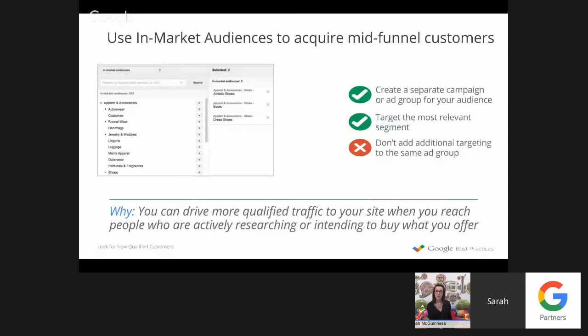Next, we've got in-market audiences. Hopefully a lot of you are already familiar with these and using these throughout your various campaigns. This is really all about driving consideration among those people who are already searching or perhaps planning to buy the products that you offer. So what's different here